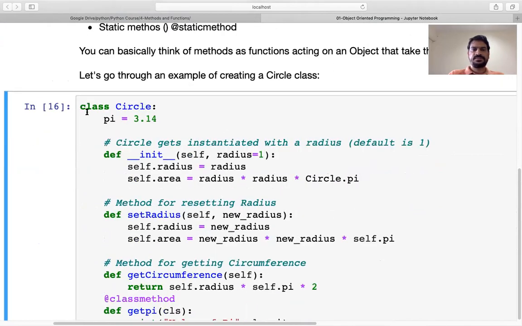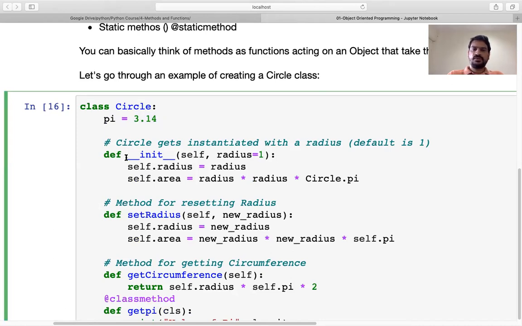Let's see this. We have a class, and the class has a name called Circle. Now we have the class variable, or sorry, the class attribute, or you can say the static attribute, which is called pi. The value of pi is 3.14.